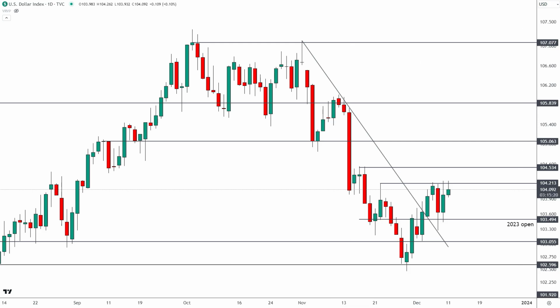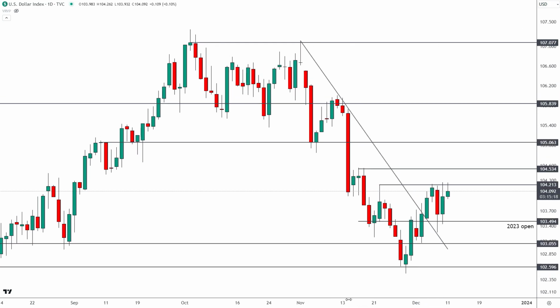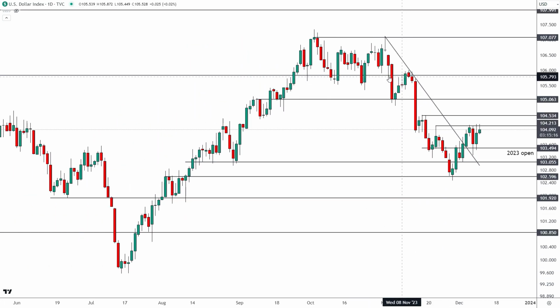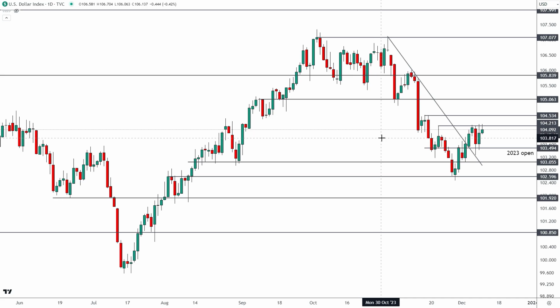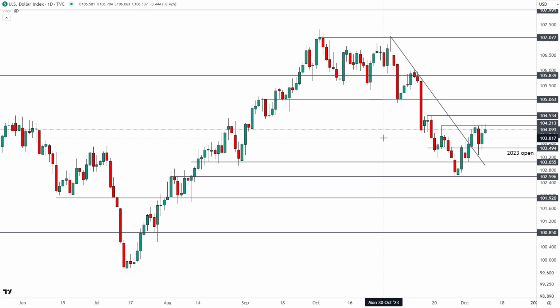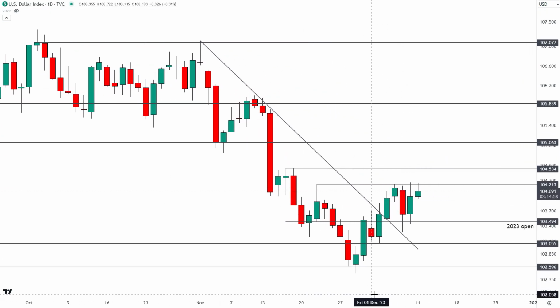Okay, so looking here at the DXY, the US dollar index, obviously we have the market coming off of this 105.80 area that we talked about at length while the market was above this back here in October. So this market is going to matter when you're trading the euro, the pound, even equities to some degree, although right now I do think that we're getting somewhat of a blow off top from equities, despite the fact that the dollar is just sideways.